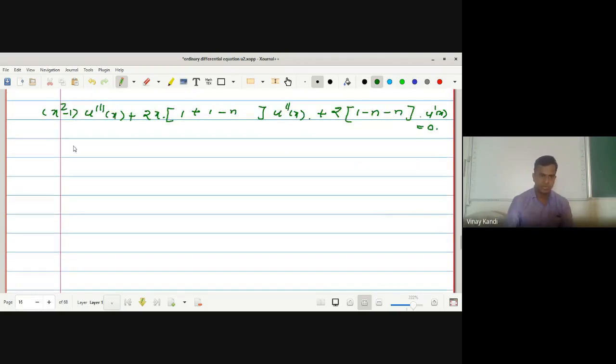Now, which implies x square minus 1 into u triple dash of x plus 2x into